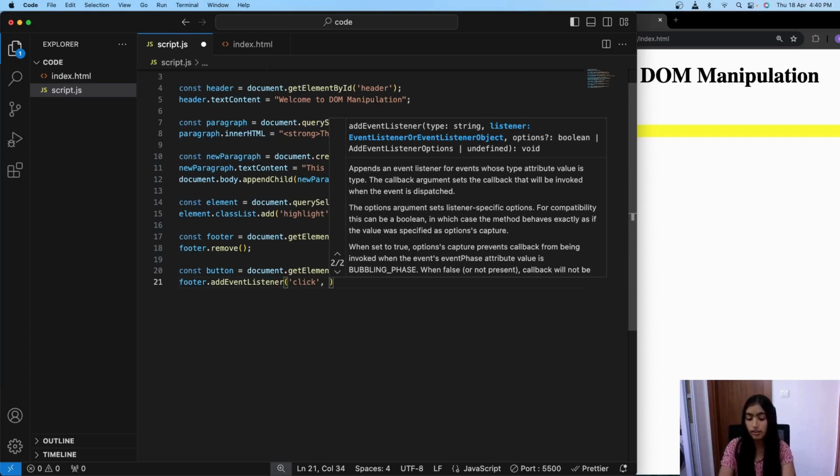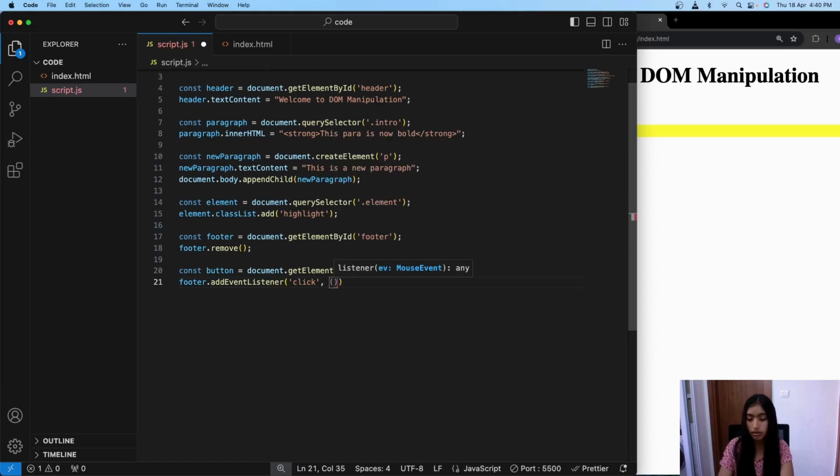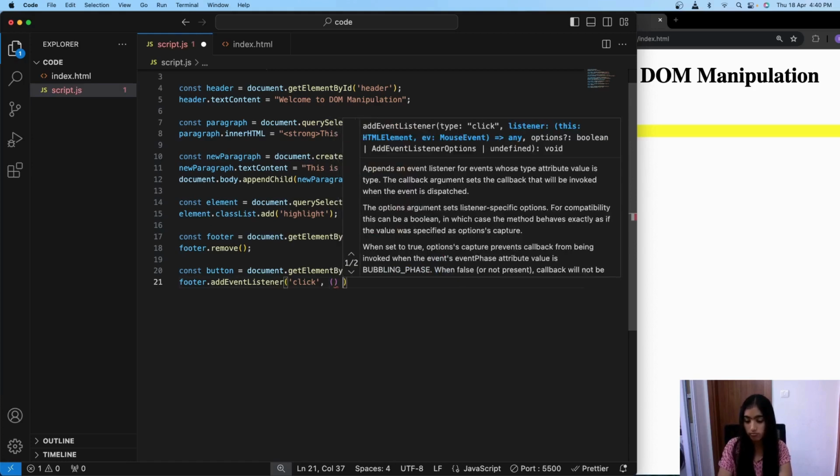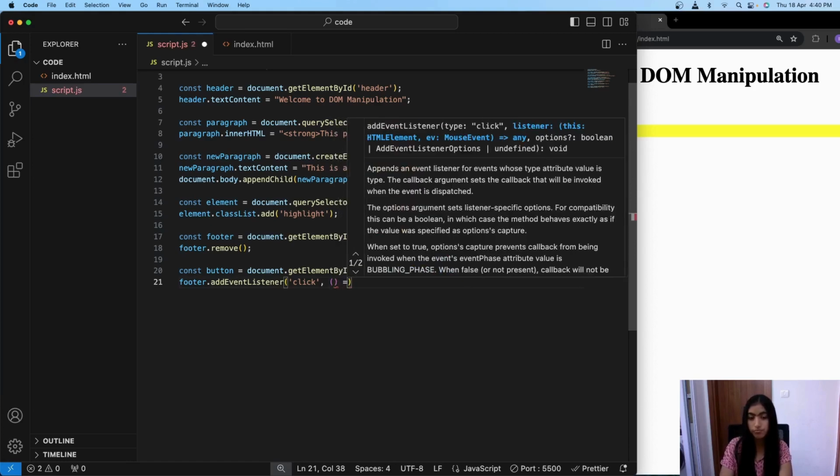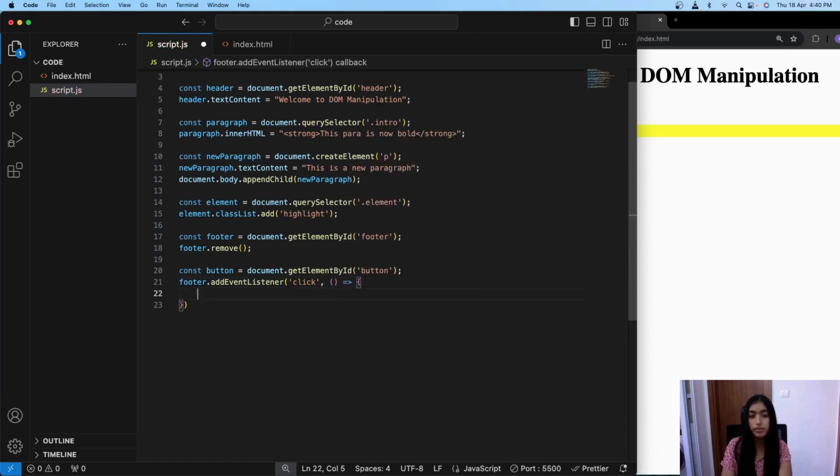In this case we want a pop-up to appear, so the alert message. So let's make an arrow function for that. I'm pretty sure you guys know what an arrow function is. If you don't, you can go check out my video on arrow functions. So we need an alert. Let's write the message.